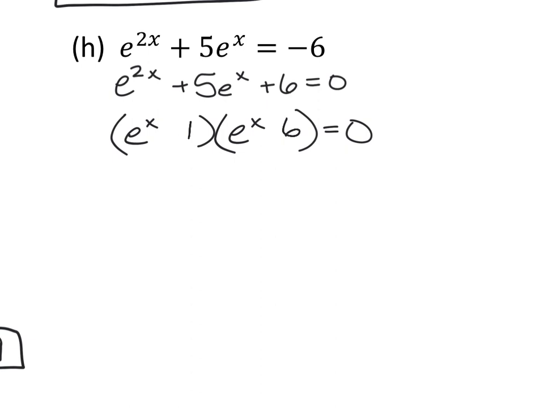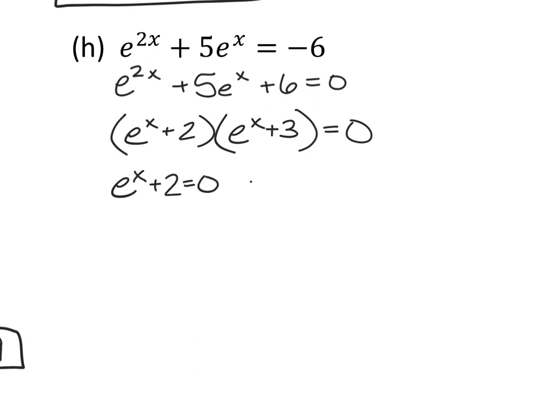One of them would have to be negative. So I'm like, back to the drawing board. The next numbers that multiply to 6 are 2 and 3, and they would both need to be positive. 2 plus 3 is 5. Great. So now that we have the whole expression set equal to 0, we're going to take each little expression,